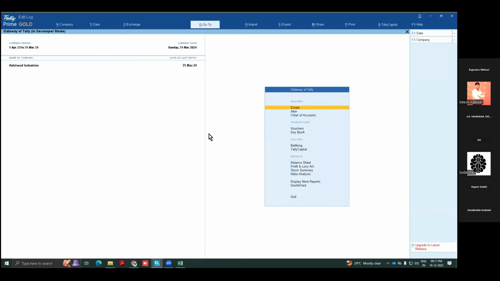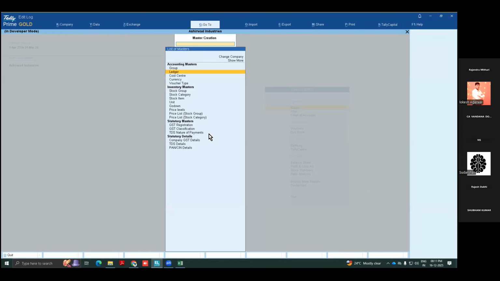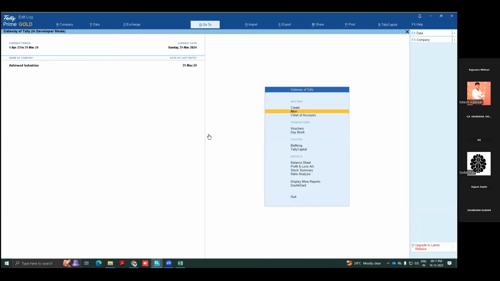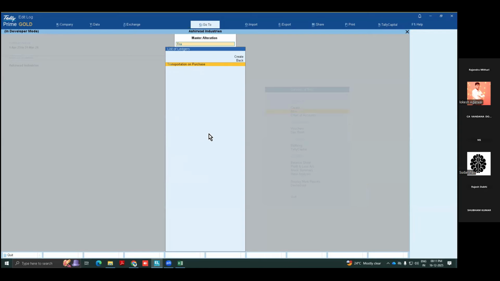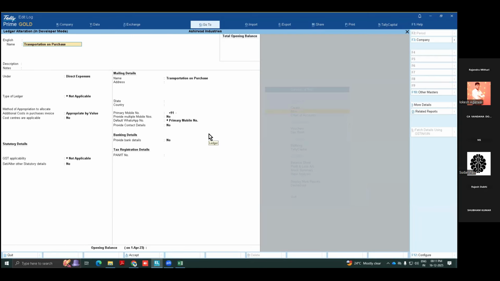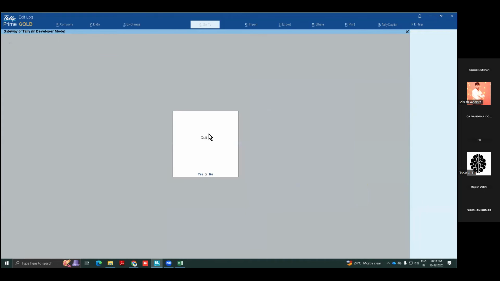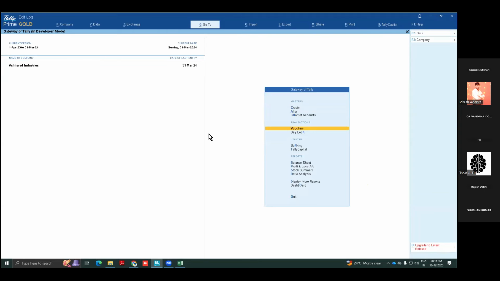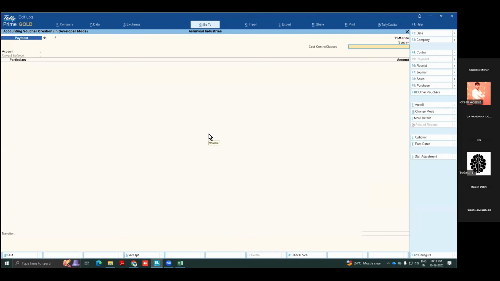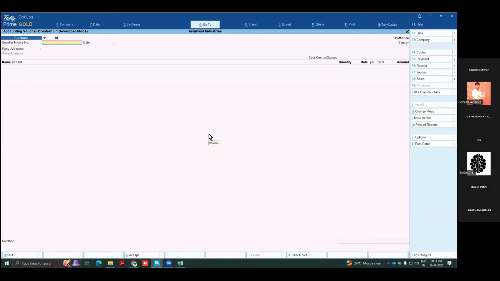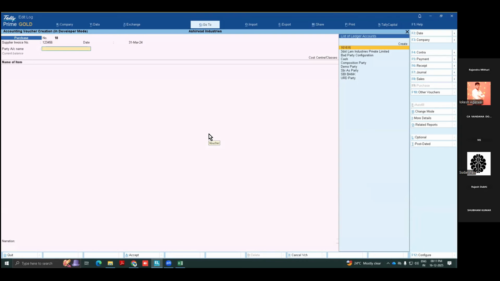I am showing one ledger here. Alter a ledger, transport charges, transport on purchases. Now let's take one example of a purchase. I will try to cover it in minimum time so that we can discuss more additional tools.